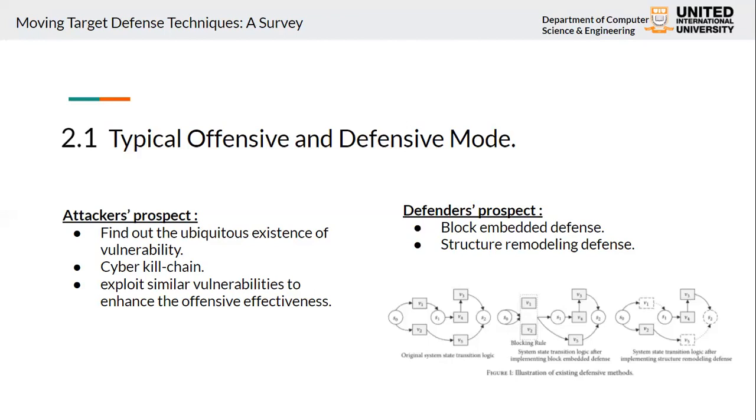For structure remodeling defense, it mainly copes with the inherent flaws of targeted systems. The structure remodeling method makes network resource vulnerability unusable by inserting plugins, patching, and so on. For instance, if the defender upgrades the system security and fixes some vulnerability issues in the system, attackers cannot launch attacks without a correct exploration of the system.